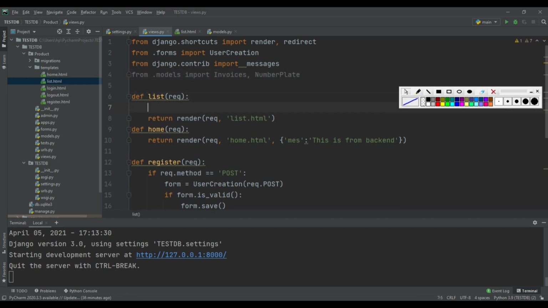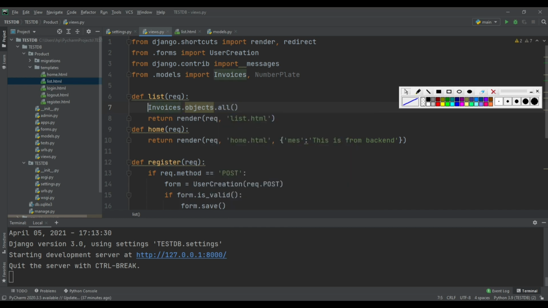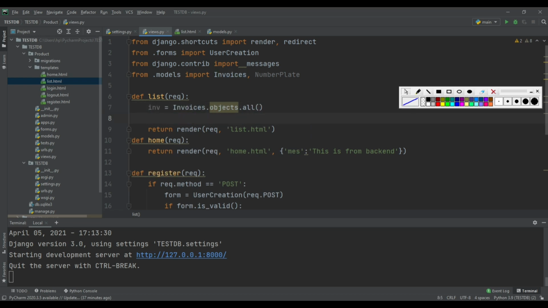So create object for invoices.objects.all, save into a variable and create another object number plate.objects.all.